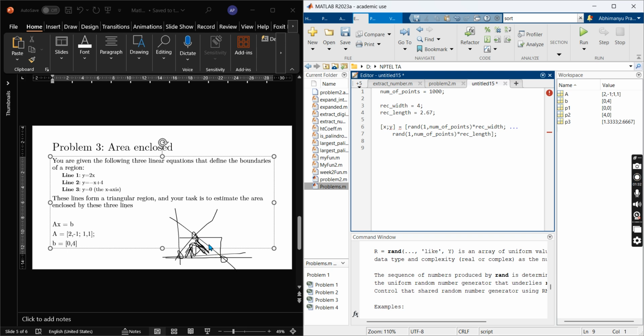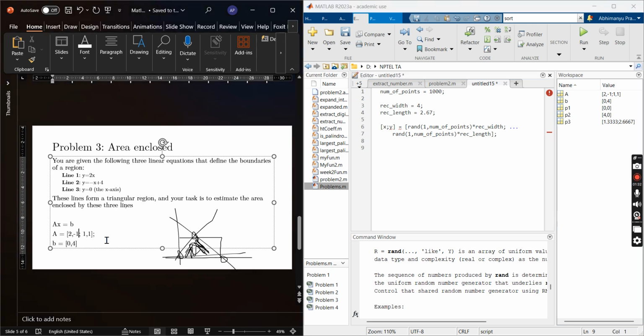We just need to check the points that are to the left of this line, y is equal to minus x plus 4, and the points that are right of this line, y is equal to 2x, right? So all those points will be enclosed in this triangular region, and all the other points are in the rectangular region. The points which are enclosed in this are those which satisfy these three conditions. So the conditions would be